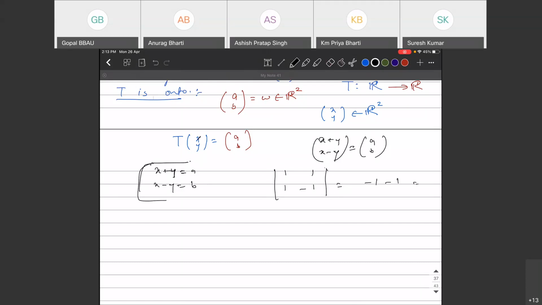This is -1, -1, this is -2, correct? Have you seen this or not? ये देखा है या नहीं? Yes, sir. हाँ, ये पढ़ा हुआ ना कि अगर AX इक्वल टू B है, अगर A इन्वर्टिबल है तो जो सॉल्यूशन होगा X वो यूनिक होगा। ओके, सो दिस मीन्स देयर एग्जिस्ट X एंड Y, और आप